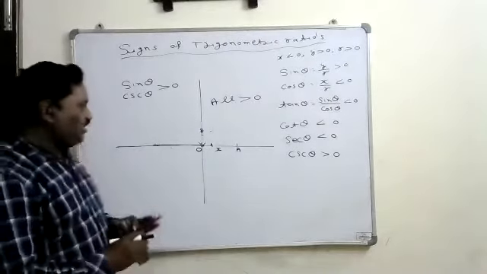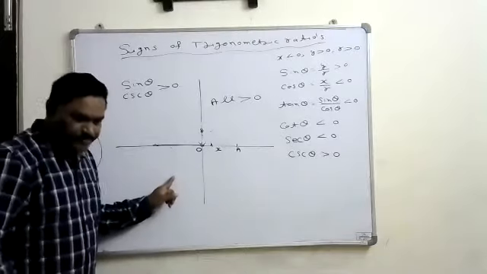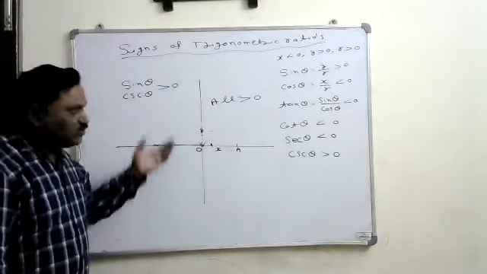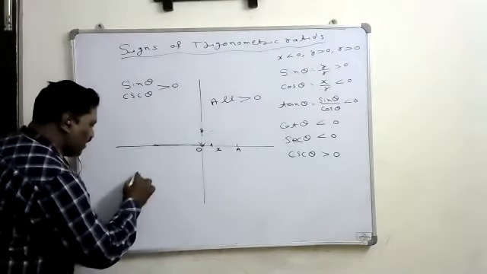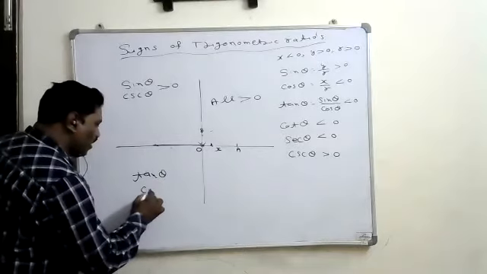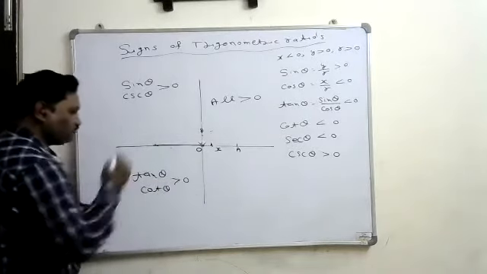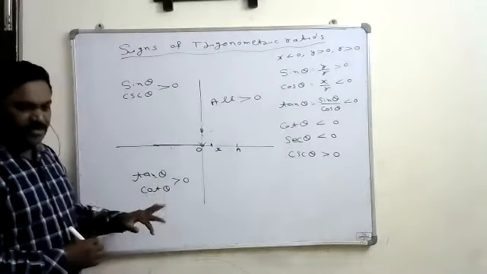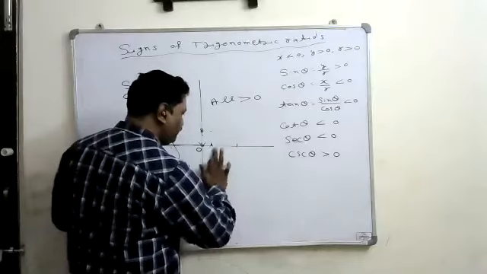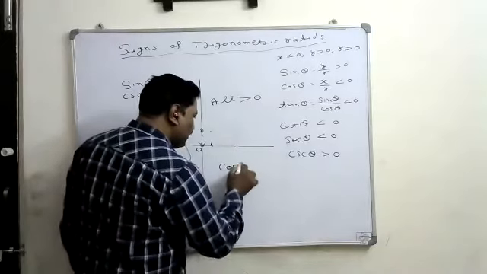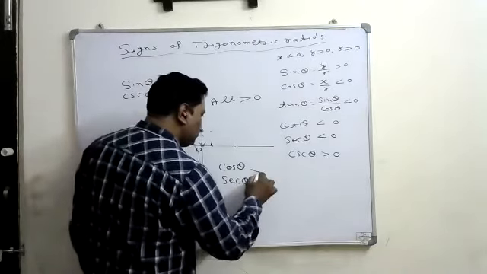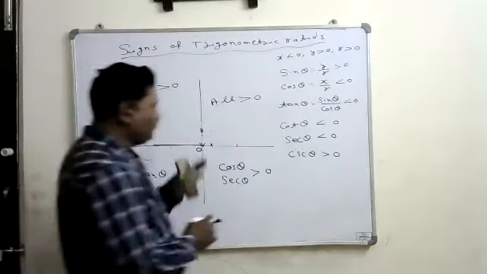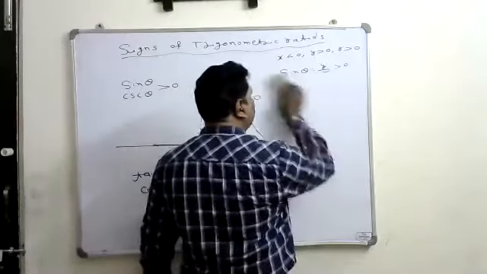In the same way, if I consider an angle in the third quadrant, where x is negative and y is also negative, we will get that tan theta and cot theta are positive. This is the point you can remember. Tan and its reciprocal cot are both positive. Similarly, in the fourth quadrant, cos theta and its reciprocal secant theta are positive. So this is the point we have to remember. This is a very, very important point. What are positive in the first quadrant?